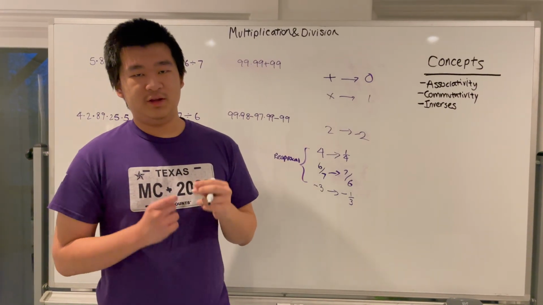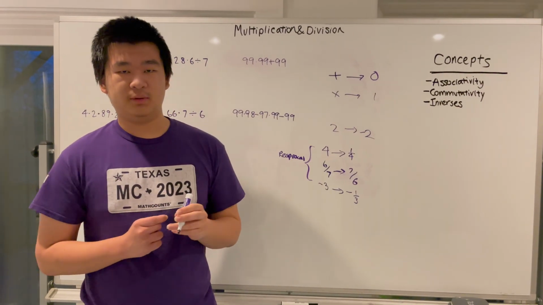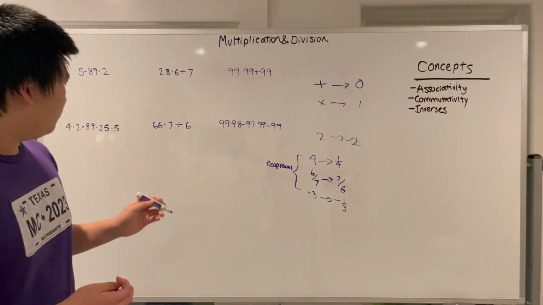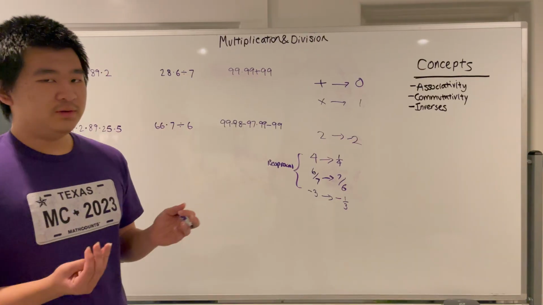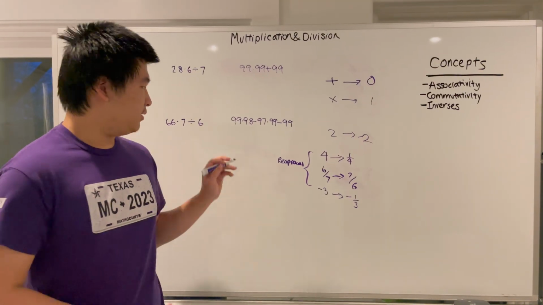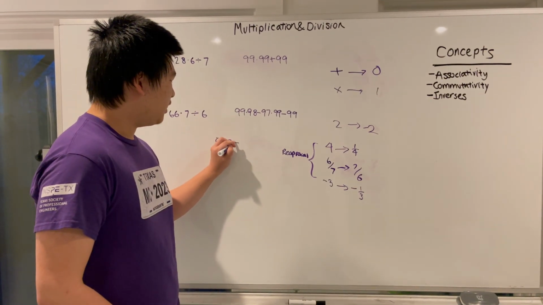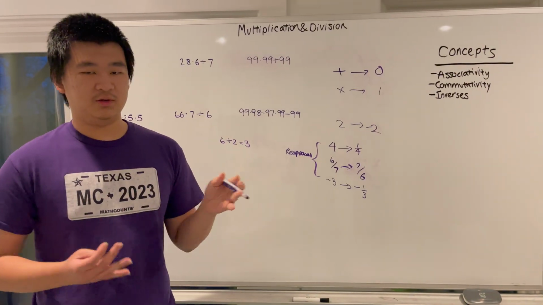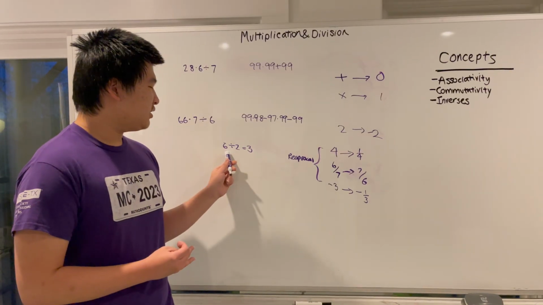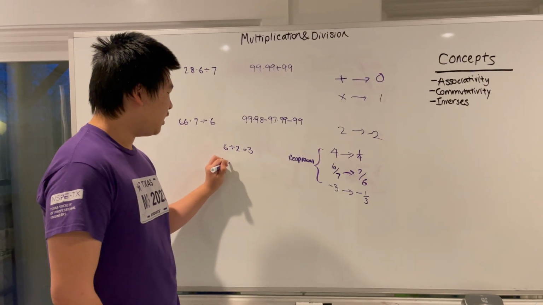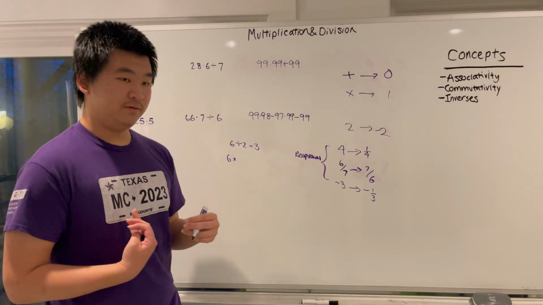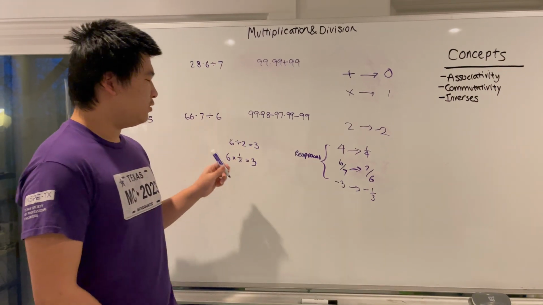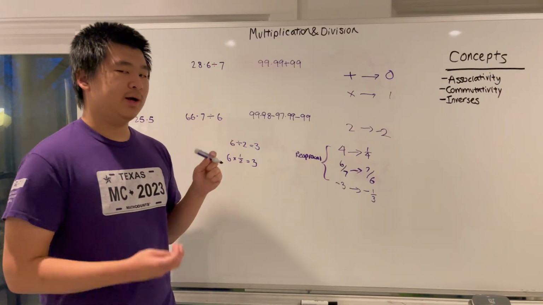The definition of division is multiplying a number by the reciprocal of another number. I'll show you what I mean. For example, 6 divided by 2. Everyone knows that 6 divided by 2 is 3 because with 6, you can make 3 groups of 2. You're splitting 6 up into groups of 2. But what this is actually saying is 6 times the multiplicative inverse of 2, which is 1/2, which is also equal to 3. And so you can see you'll get the same answer no matter how you think about it,